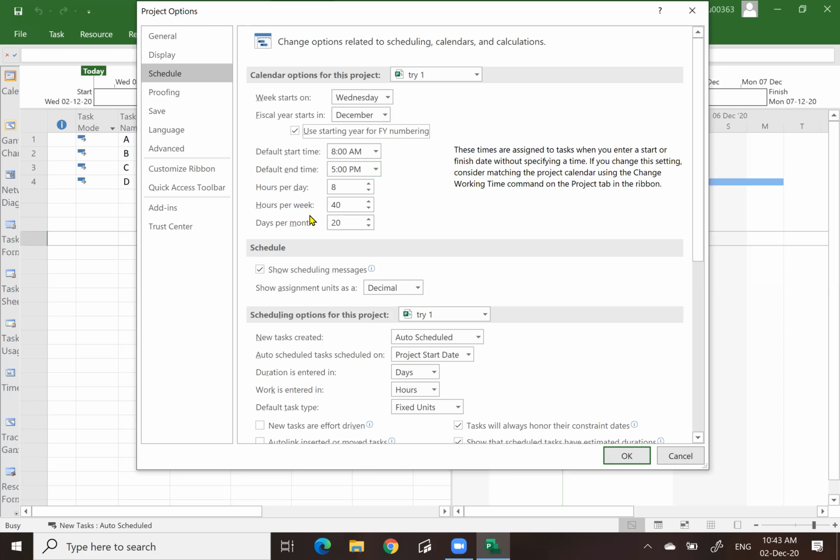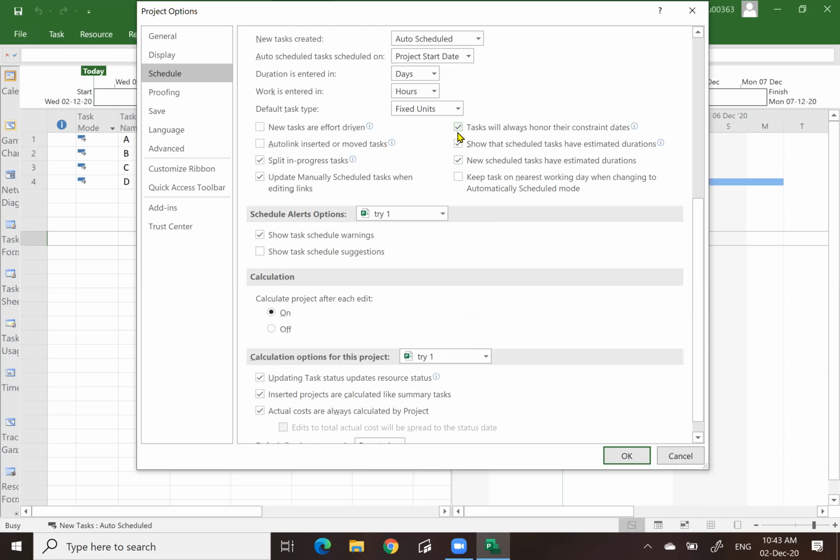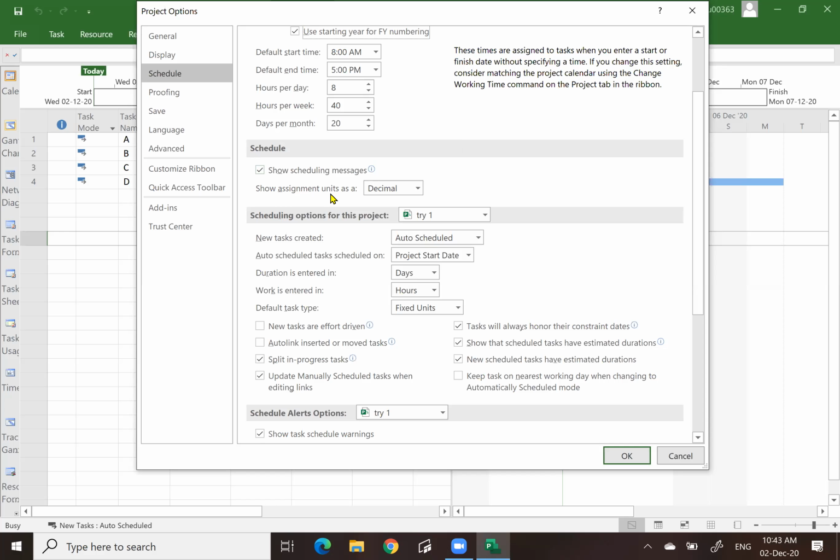You should change accordingly. And then show assignment units, meaning the unit of either manpower, machine, or material. You want to show in terms of what? Percentage or decimal. Normally, I will show in terms of decimal. Decimal means, let's say you want to tell people that you are using resources such as